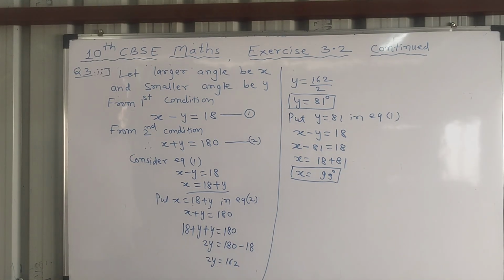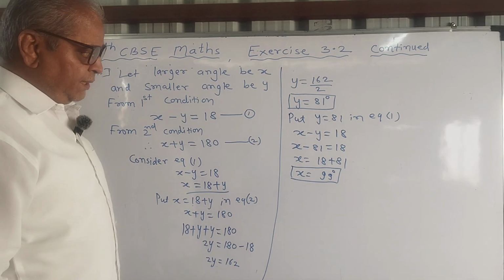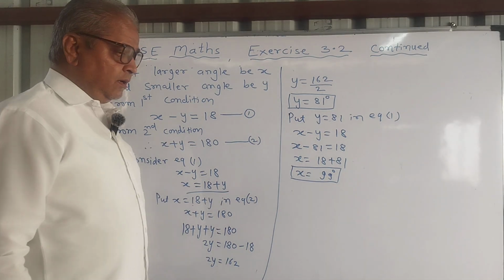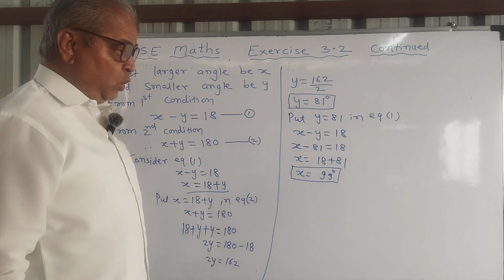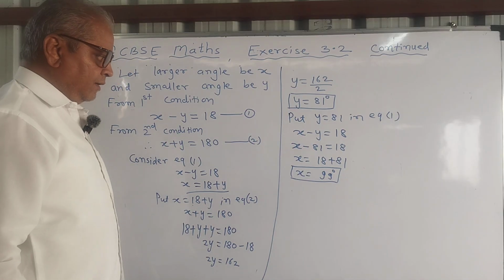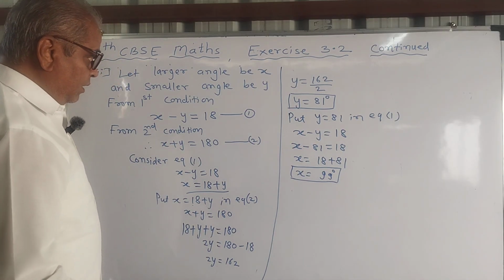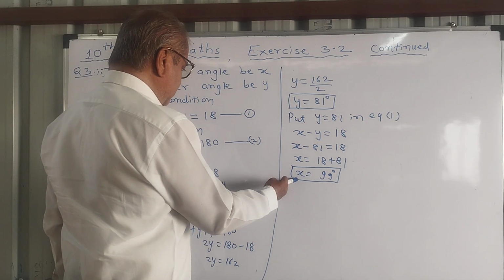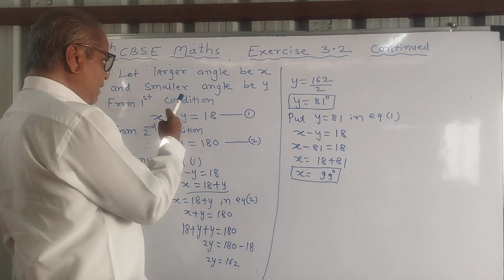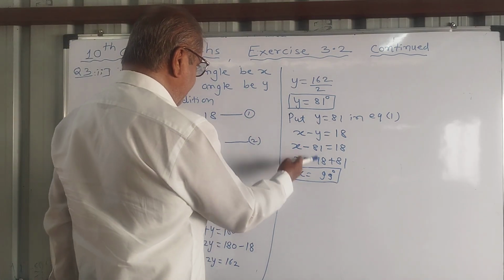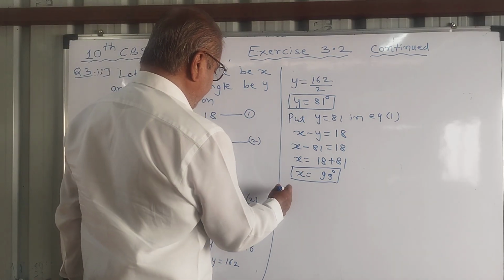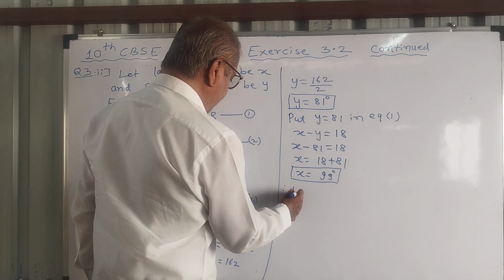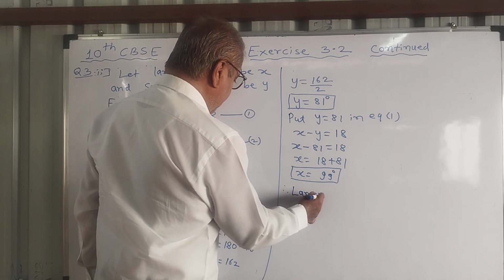Now we need to write the final answer. See, some students only find the values of x and y and they don't write the final answer. So they will lose 1 mark here. So if x is 99, that's why we can write the larger angle is 99 degrees and the smaller angle is 81 degrees. Therefore, final answer, larger angle